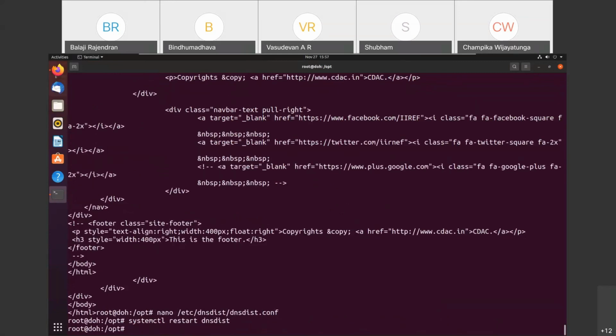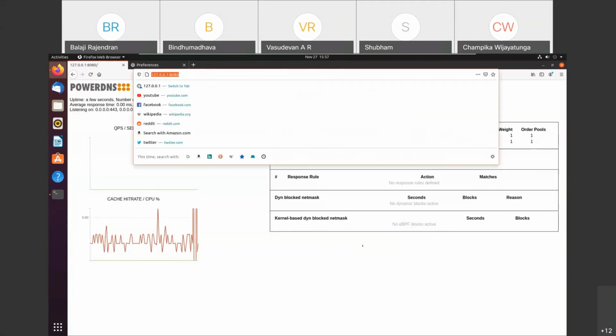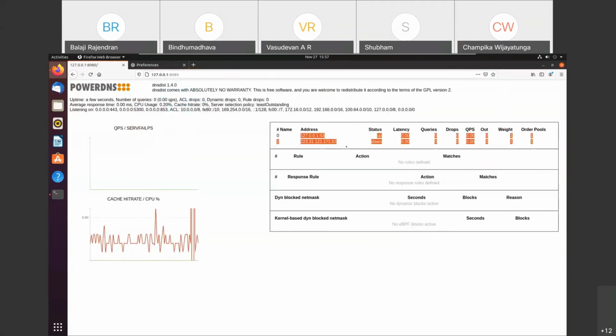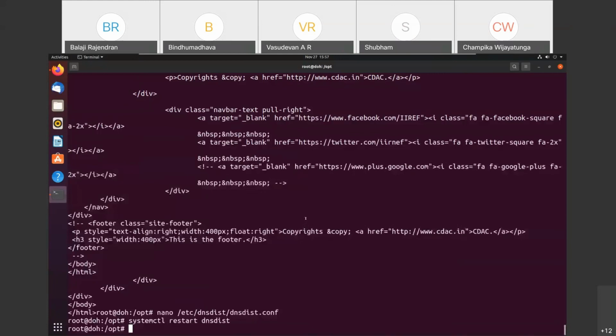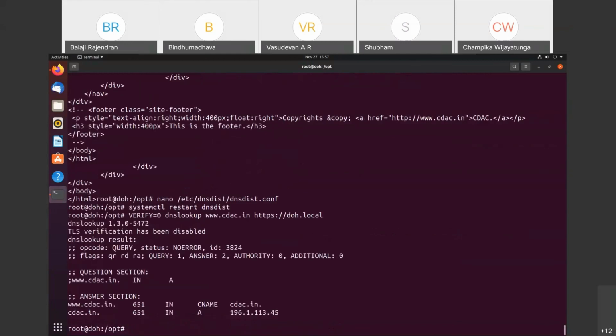And once restarted, if I go here, you can see that one more server has been added. One is the server working on the localhost, and another one working on our public DNS server. Now I can start sending queries.